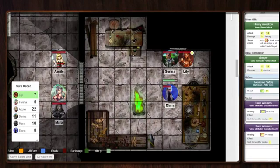All right. So Falana has some health left, and you're gonna try to open that door there. Does Falana want to heal again, or...